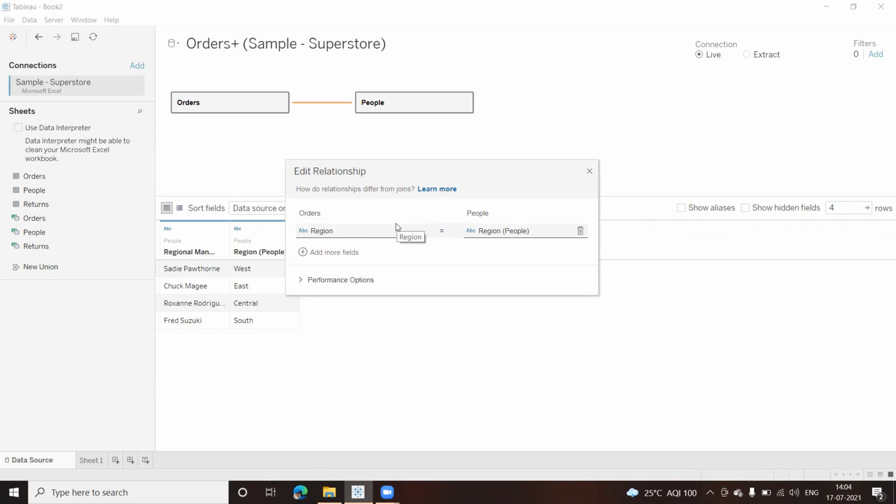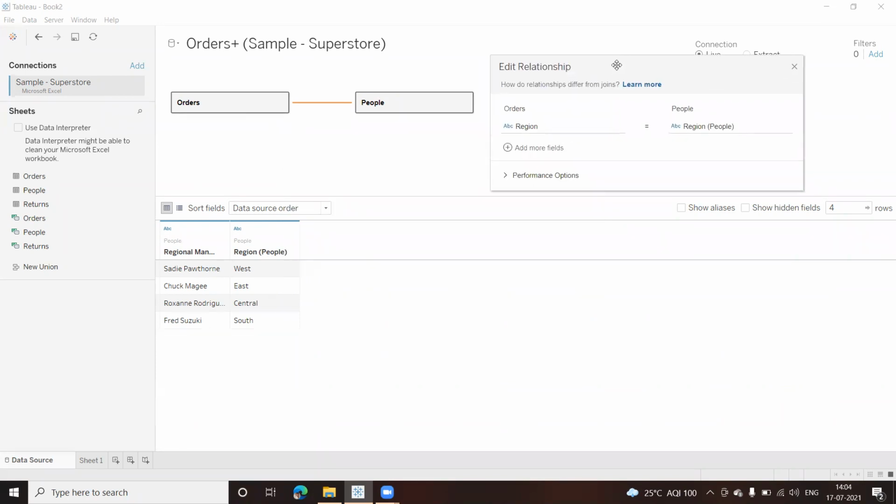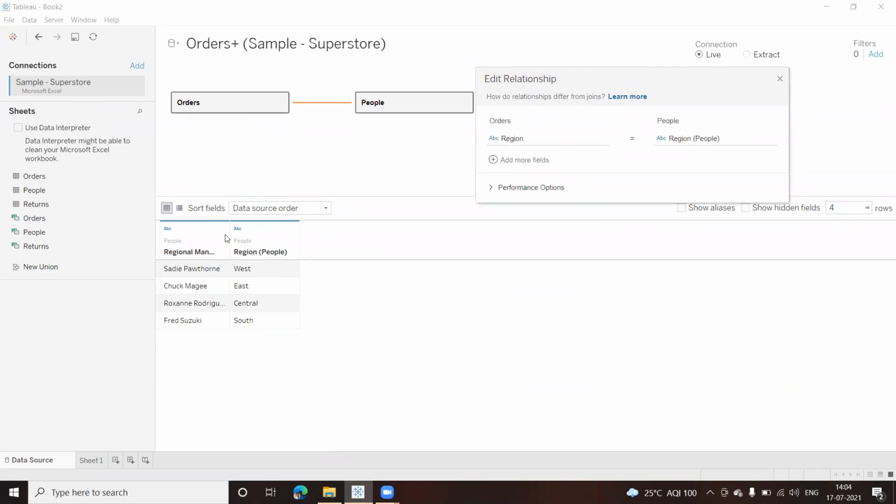Now, if you look at the relationship between the People and the Orders table, under People you have Region and the Regional Manager. So for each region, we have one regional manager. We don't have multiple records. But for each record here, like for region West, there can be multiple orders.